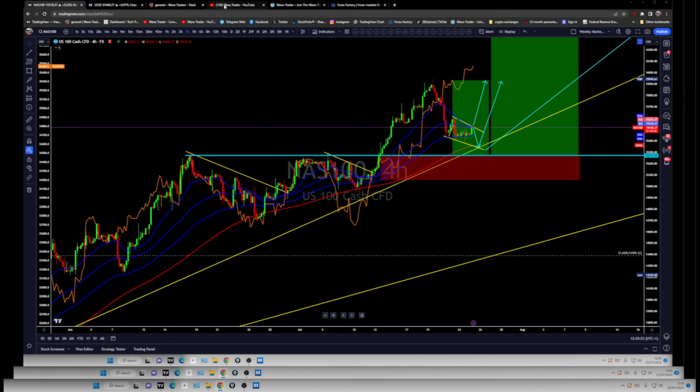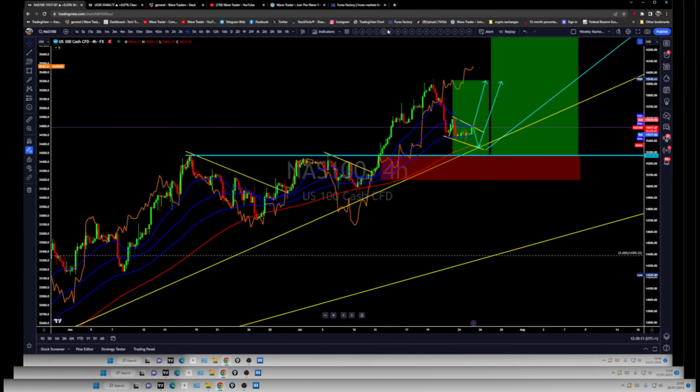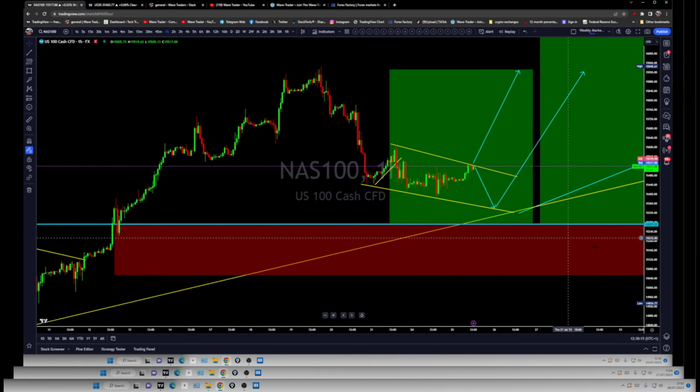That's why I said to you, if you want to understand the setup I'm talking about, go ahead and look at this. This is a 1 minute sample trade. You can get the idea of how this trade can play out on the 4 hour time frame, which we are expecting to happen. So you'll get the idea of what I'm talking about right now on this bigger 4 hour time frame. If I look at the lower time frame, we still can see